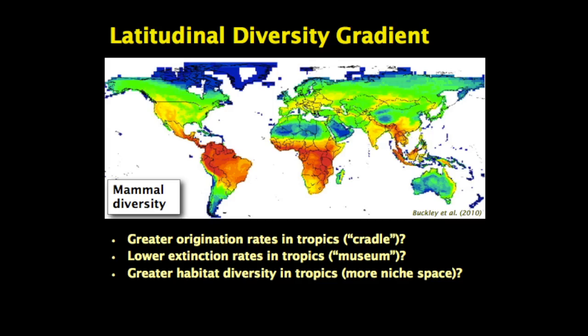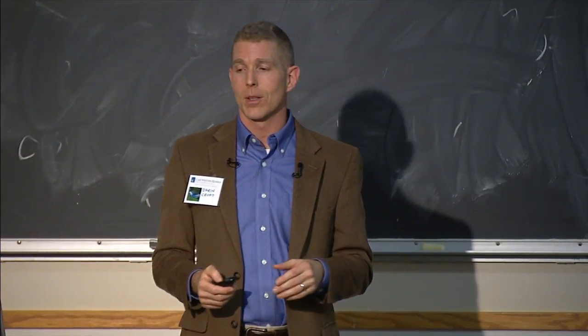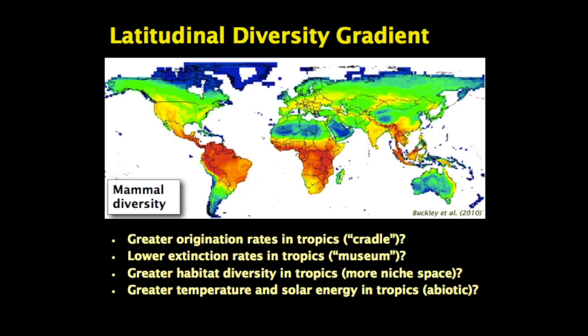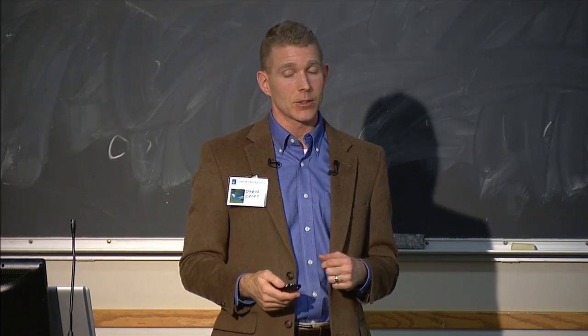Perhaps there's greater habitat diversity in the tropics. This could result in greater niche space, allow for more coexistence of different species. Maybe this just pushes the question down the road because there are lots of plants there. There might be lots of niches, but that then makes you wonder why there's so many plants. Or maybe this is really an abiotic pattern, that the greater temperature and the greater amount of solar energy that you get in the tropics allows a greater carrying capacity in the tropics, and so you get more and more species. As I said, there's no consensus yet on which of these is actually the case, and depending on which group you're studying and how you're measuring biodiversity, you can get different answers.